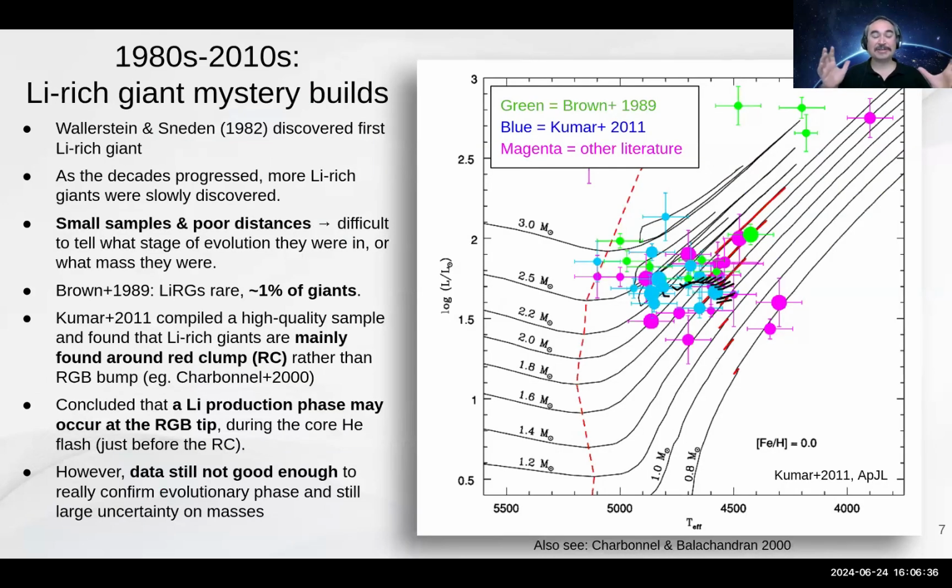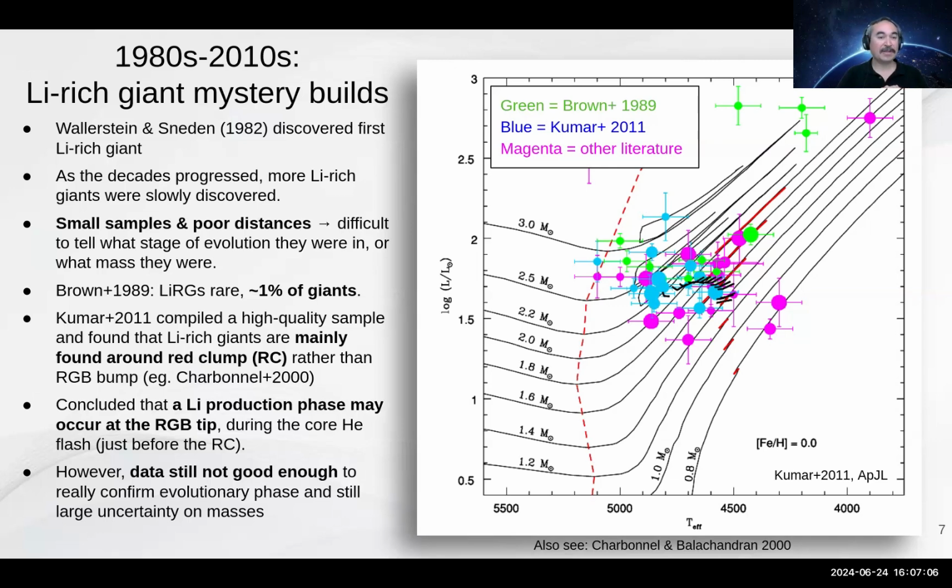So I've compressed 30 years of literature into one slide here. Wallerstein and Sneden, 1982, discovered the first lithium-rich giant. And as the decades progressed, more and more lithium-rich stars were discovered. Brown did a systematic study in 1989 and worked out that lithium-rich giants are about 1% of red giants. So they're quite a rare class of objects, and this is held up against the large surveys of